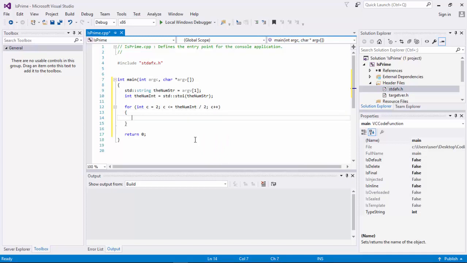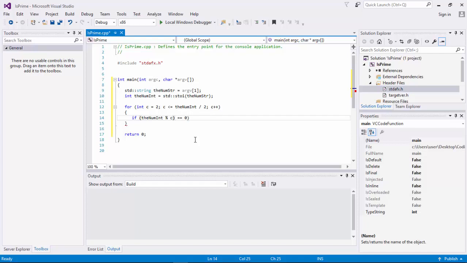And what do we do inside the for loop body? We test the divisibility. If the num integer mod C equals 0, or we can read this as, if the number divided by C has a remainder of 0, then what does this mean?